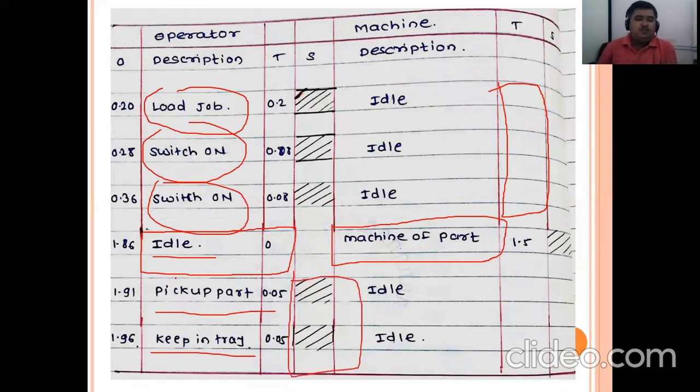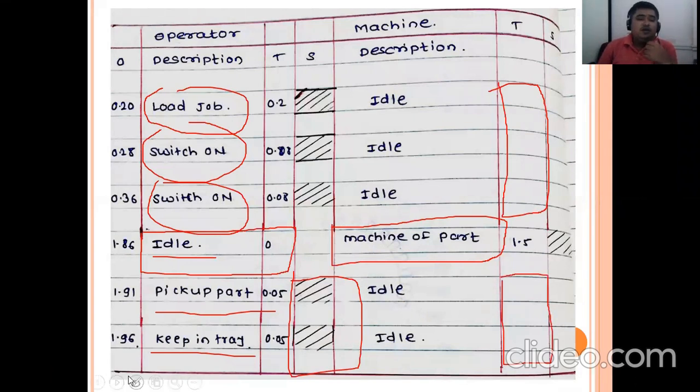Once the machine is switched off or the operation is over, let's say a turning operation or drilling operation, once the drilled hole is there and there is no contact between tool and workpiece, we can say the machine is idle. So switch off the machine, remove the job, check it, keep it in the tray, take the new job, put it onto the machine, load the job on the machine. That is the worker's job. The operator is in working condition, but at that time the machine remains idle.